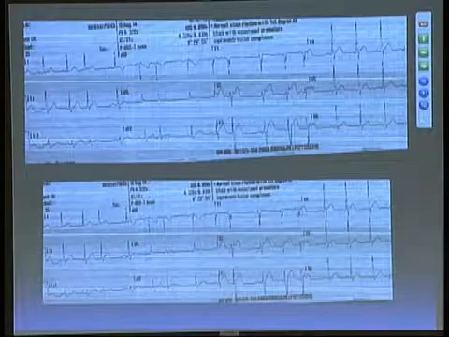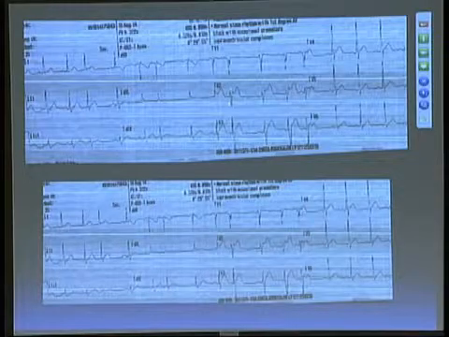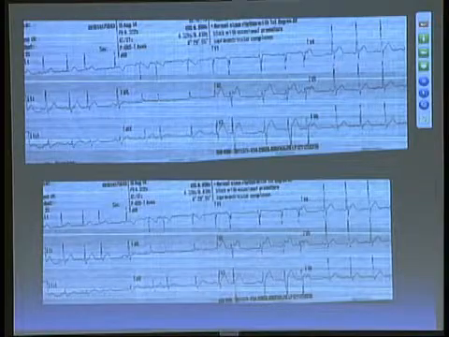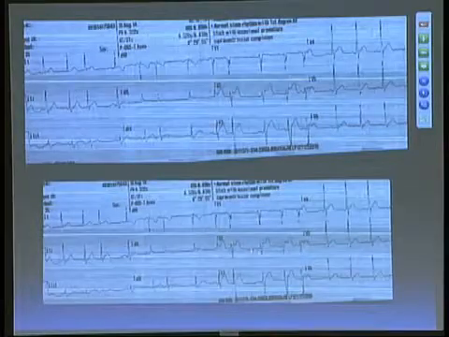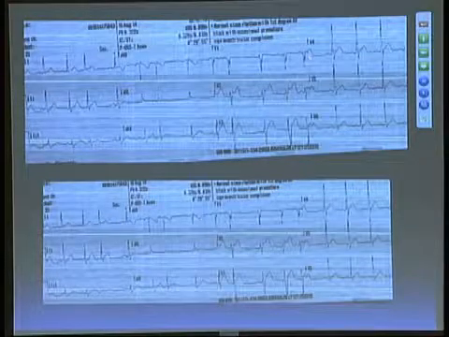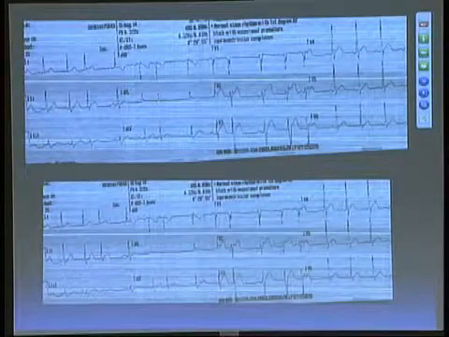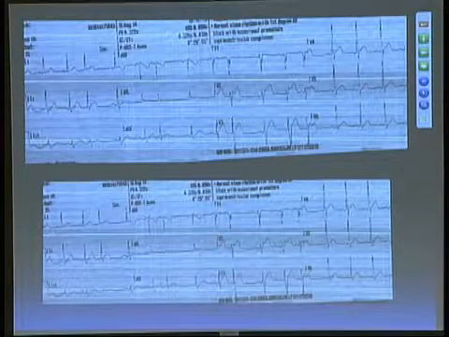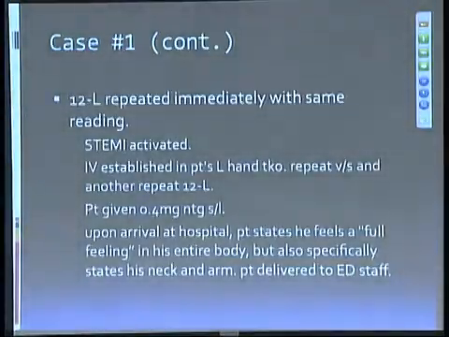Well, here's our first guy. Okay, this is some interesting ST segment elevation, it appears, and this is up to and arguably there, so we've got at least two things. And they liked it so well they repeated it, and indeed he's got the same kind of pattern. He doesn't have left bundle branch block. He doesn't have criteria for left ventricular hypertrophy, which would be our most common mimickers. So, STEMI was activated,